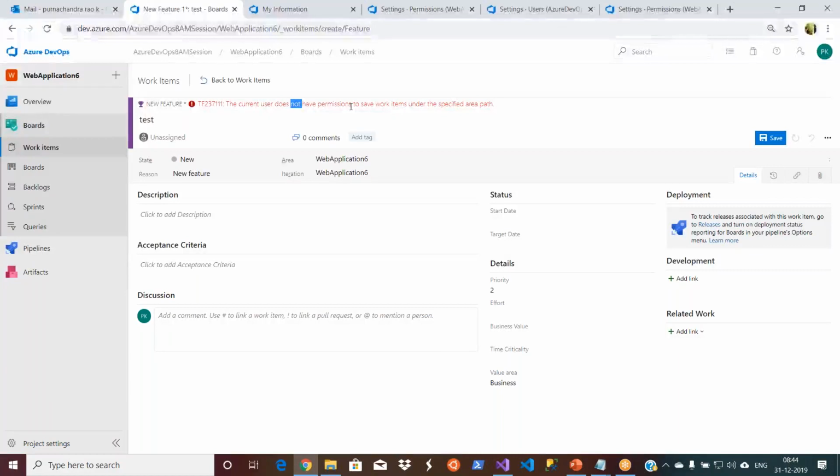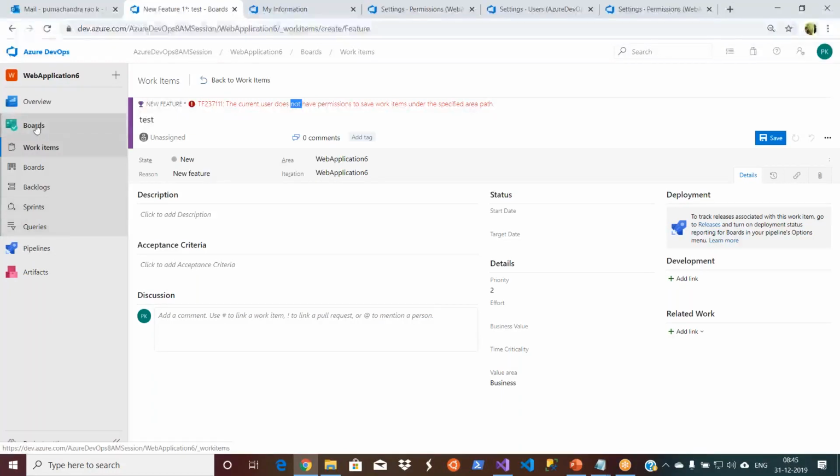Like that, you can create users and add them to the respective groups. If the groups are not relevant, you create another group, set the permissions, allow or deny, and add all your groups to that person. Let us say for testers, you want to give only test related stuff. Create a test QA group, a developers group and a project managers group rather than using the default groups. That's how you can do the governance on your Azure DevOps repositories.